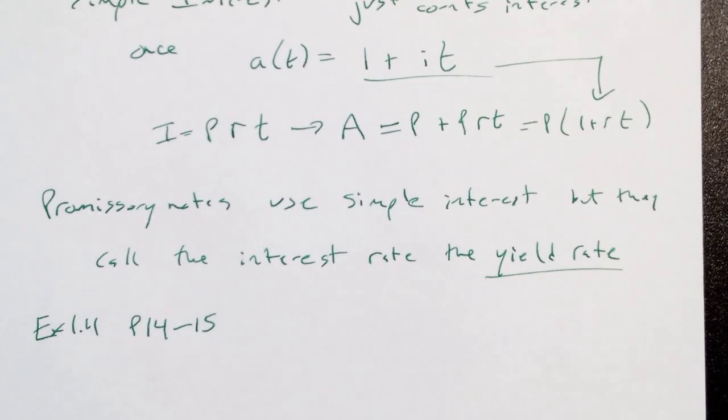If it's not worth $160 to me today, I could say, well, wait a minute. Instead of me saying it's $160, I'll sell it to you for $150. Then you'll make $10 in profit between now and the end of the month. Well, then we could work out what your yield rate is on that. Things like treasury notes and government bonds are thought of in this same fashion and can be exchanged, bought, and sold in exactly this